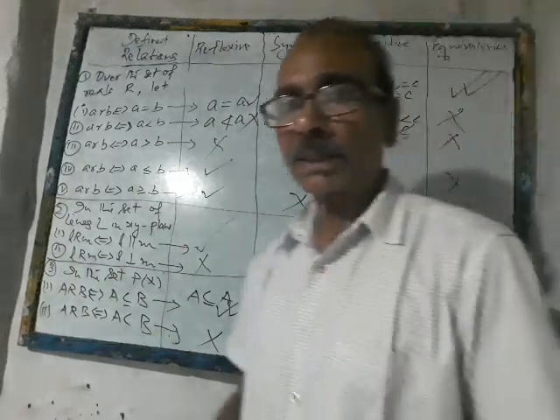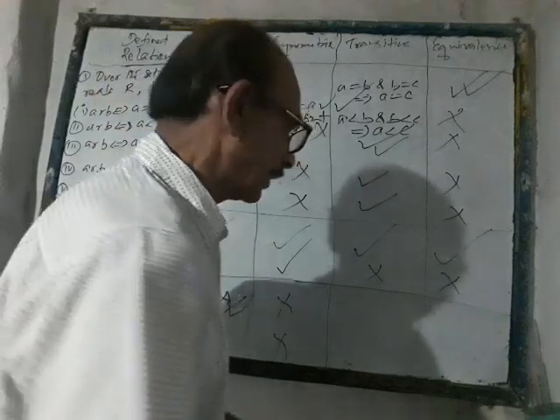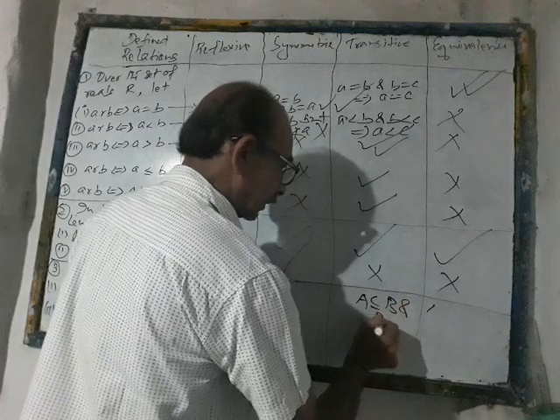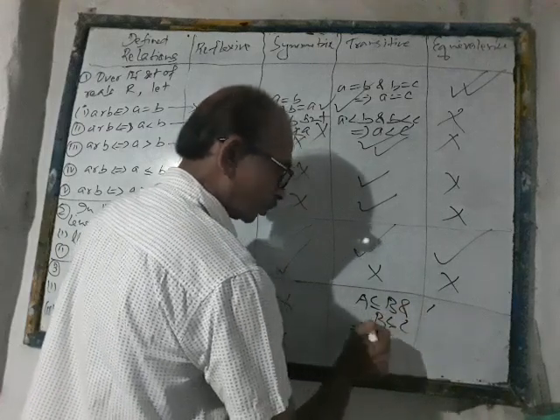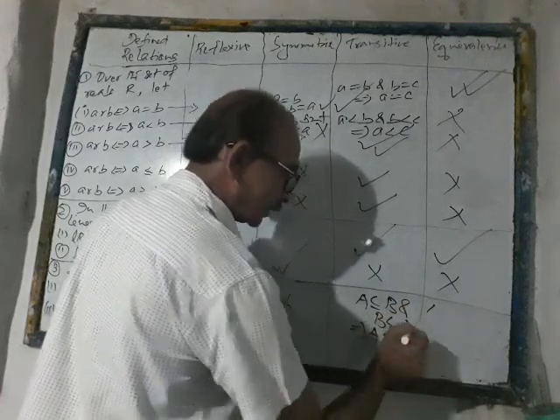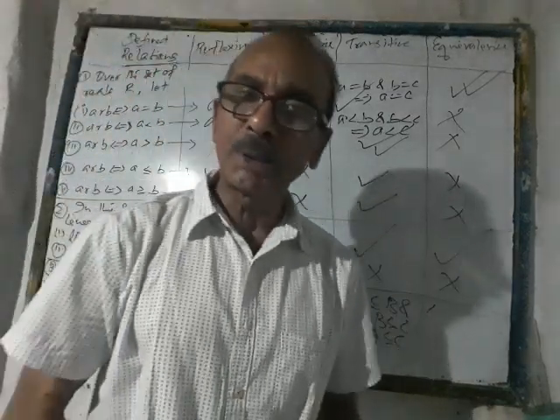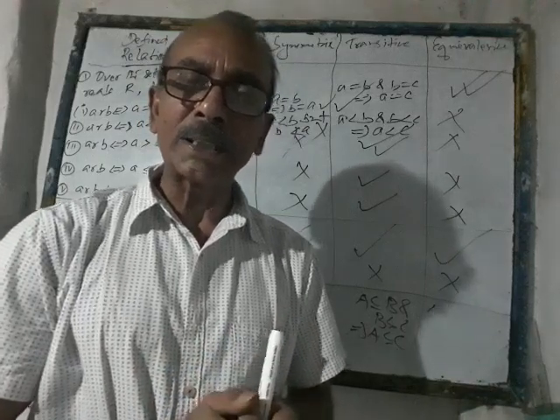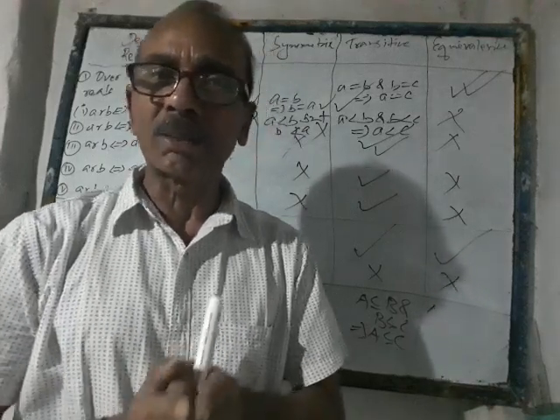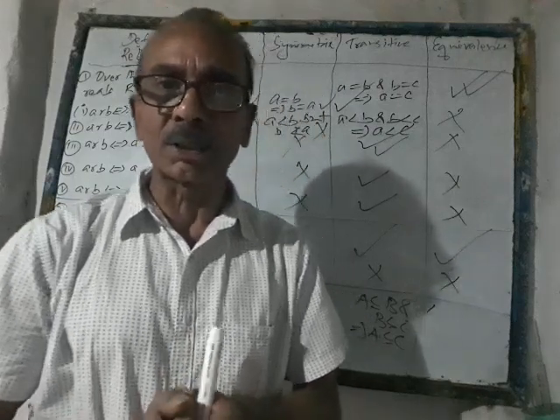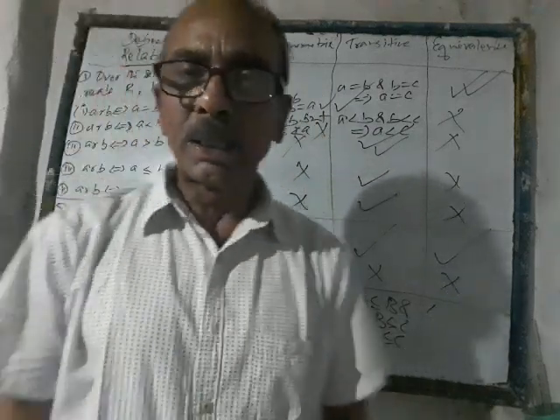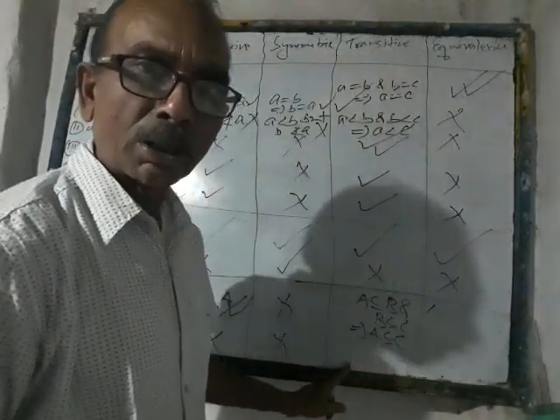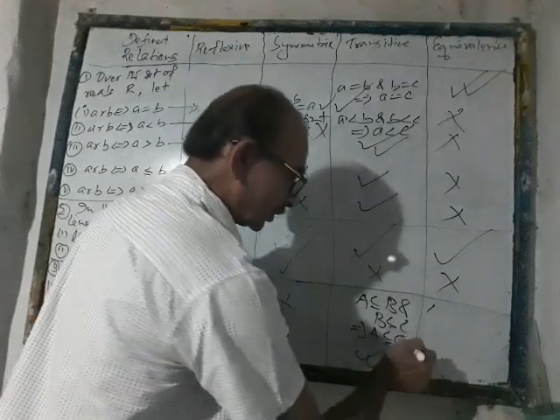So far as transitivity is concerned, undoubtedly if A is a subset of B and B is a subset of C, then it holds true every time that A is a subset of C. If every element of A is in B and every element of B is in C, then naturally all the elements of A must be lying in C, and on that basis we say that A is a subset of C. The same logic can be given for the proper subset. So whether it is the relation of subset or proper subset, both of them are transitive.